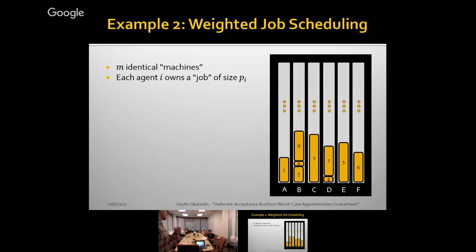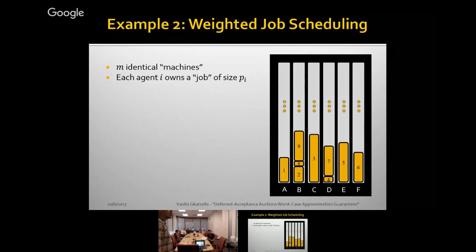Now, for the more interesting part, which was the main result apart from the definition of the model itself, the real test was this. We asked, how rich is this? Now we have multiple levels of service. How rich is the family of things we can describe this way? And we thought about scheduling. This is a well-studied problem. Let's try to consider scheduling.